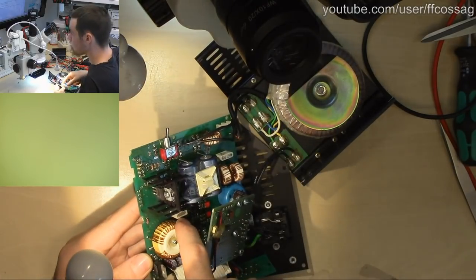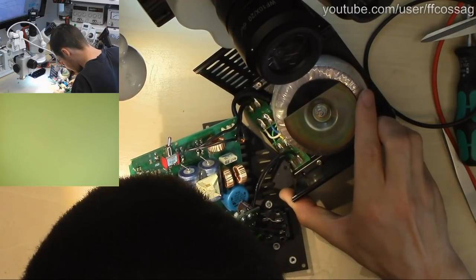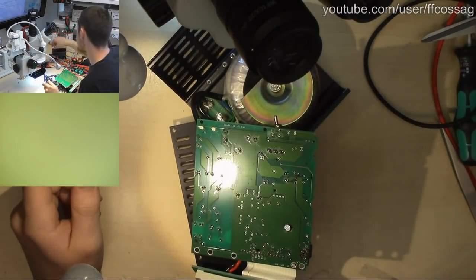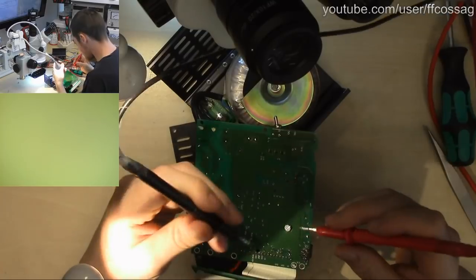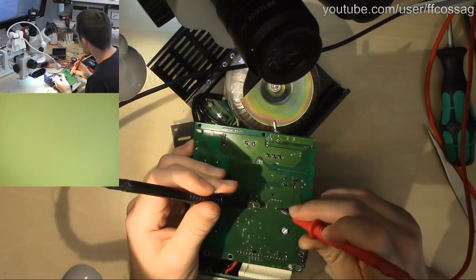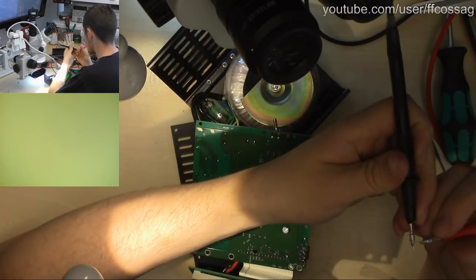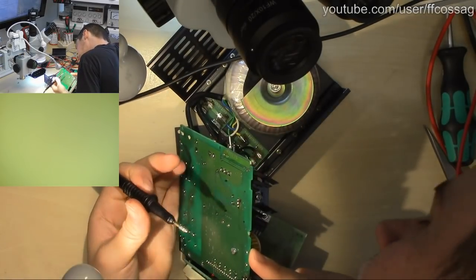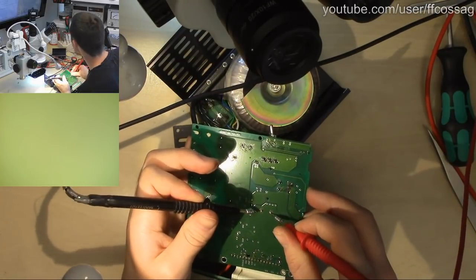Hey, this is a power resistor. 0.12 ohms. Let's just check to make sure that's actually okay. That could be a possible culprit. This is rated 0.12 ohms with 10% tolerance. It's measuring